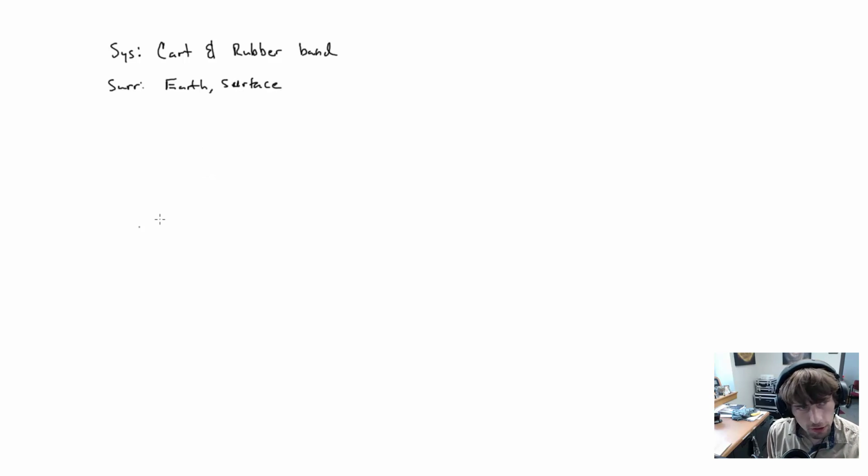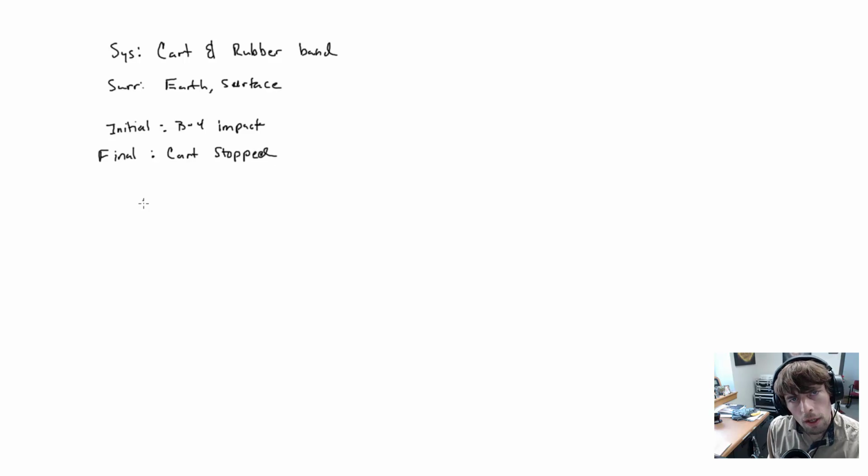But when I actually start looking at the situation now, say initial, before impact. And why don't we go ahead and say, let's take a look and say our final is cart stopped. Okay. Now, if I'm thinking about these initial and final states here, let me ask a couple questions. So for example, initially,